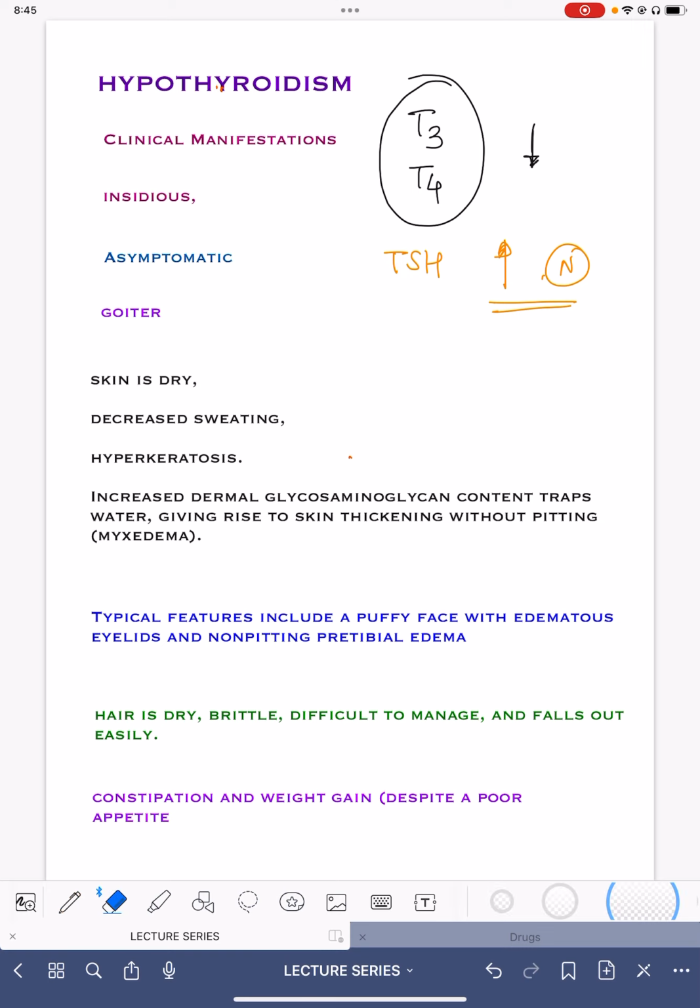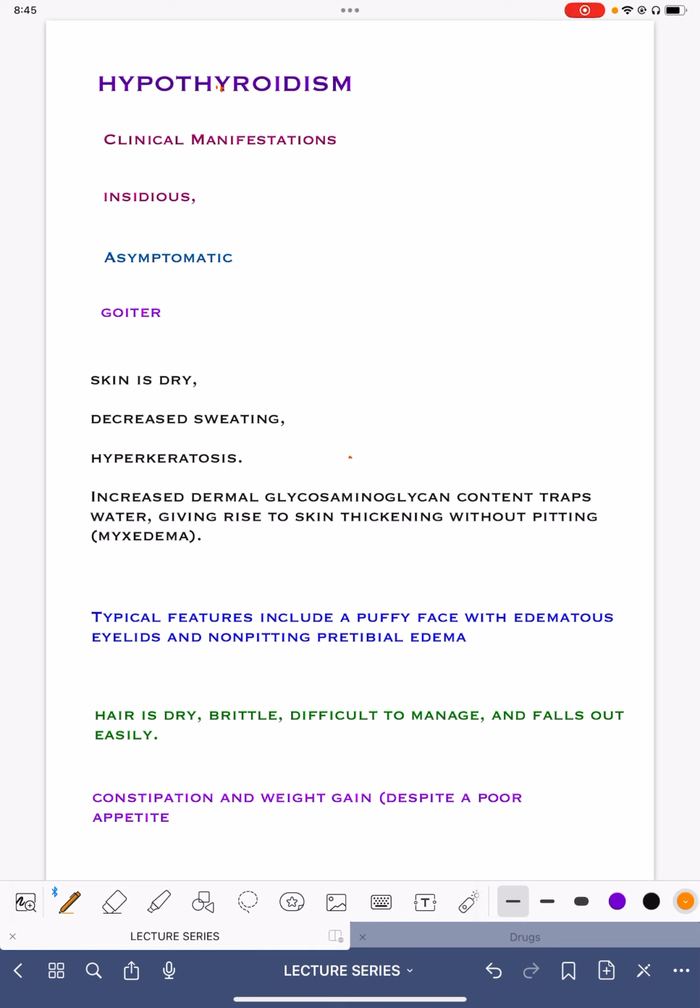So what are the clinical features of these patients? These patients may not always have any symptom. These symptoms may be insidious, meaning the patient doesn't remember the day from which the symptoms started, but most of the time the patient feels like maybe 2 months, maybe 3 months, maybe a year I'm having these